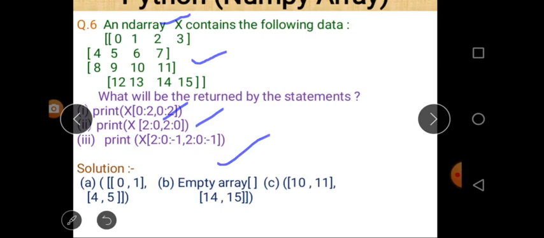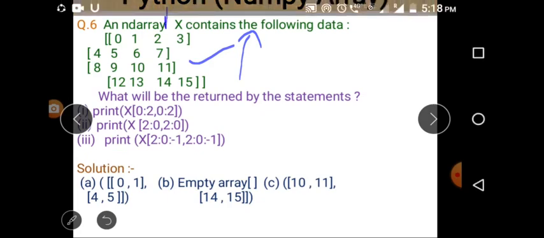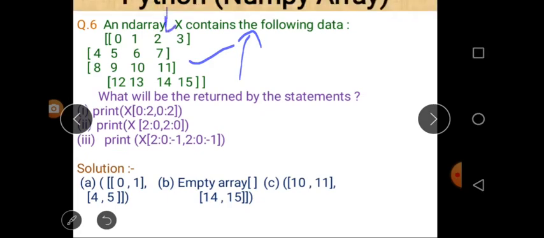For question number third, x 2 colon 0 colon minus 1, 2 colon 0 colon minus 1. Here minus 1 represents reverse order, so values will be printed for row number third, meaning 8 9 10 11, going in reverse direction, and for columns the start value is column number third, at index value 2, also going in reverse direction.